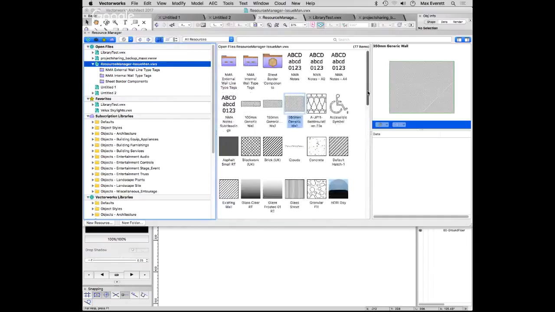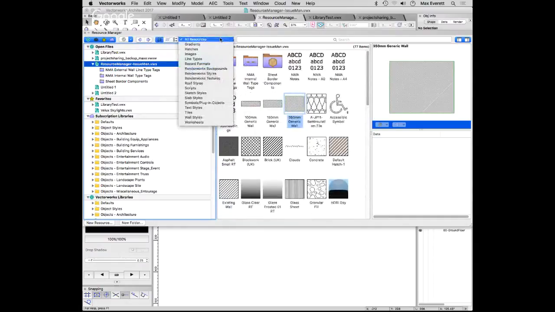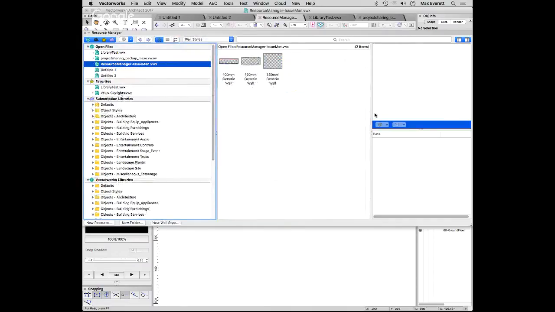I like to have thumbnails. And then you've got categories for the resources. So you might want to just look at the wall styles, and it will pull out the wall styles. And it's got a really advanced search functionality as well, where you can search if you've got a very, very big library with lots and lots of information, and you can't quite remember where you put it,